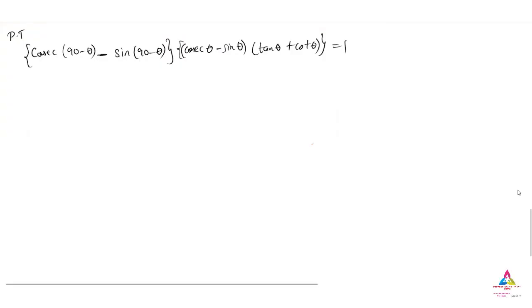Coming to this question, that is a model question paper. In that they have given: prove that (cosecant(90 minus theta) minus sine(90 minus theta)) into (cosecant theta minus sine theta) into (tan theta plus cot theta) is equal to 1. What we have to prove? So we will take the left hand side. Left hand side is equal to